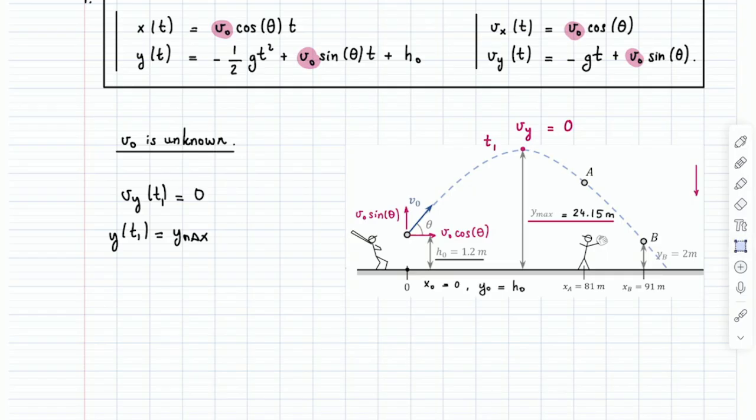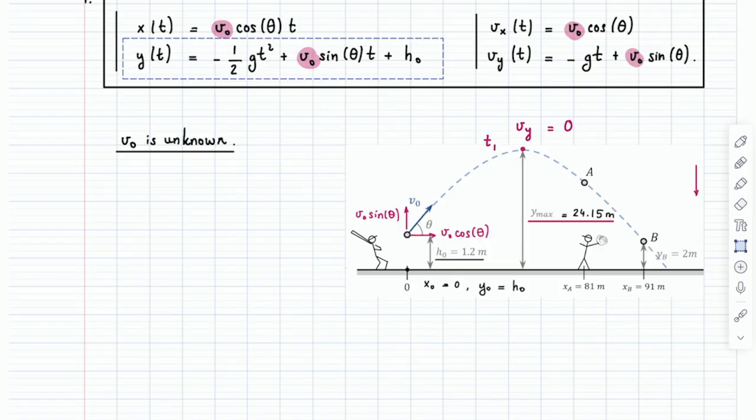It's not going to tell me anything. So is there another way? I could find T1, yeah? I could find T1 by solving this equal to this. But the problem is it'll be in terms of V0. So it's super annoying. I'm not saying I couldn't do it with the equations that I wrote.